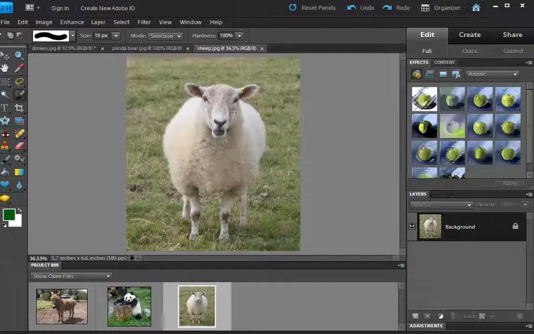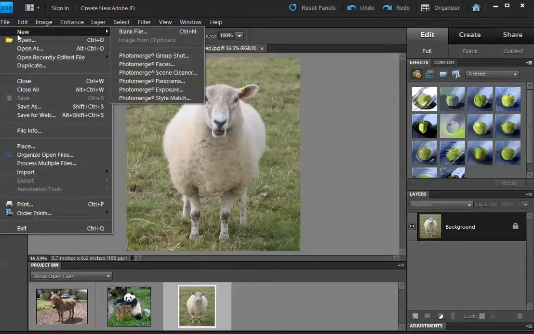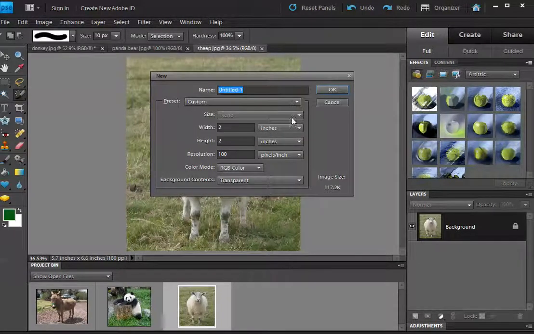We used the boats in the bay example and moved boats into a bay. Now we're going to use animals and create a hybrid animal, but instead of just moving them into another animal, we're going to feather the selected area first. What feathering does is it makes the edges kind of blurry, and so it blends in a little bit better. To show you what I'm talking about, and you don't have to do this, I'm just showing